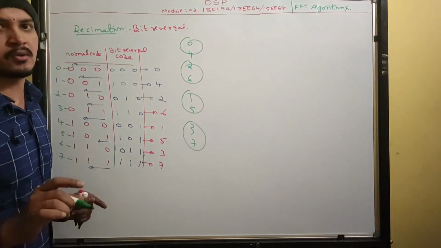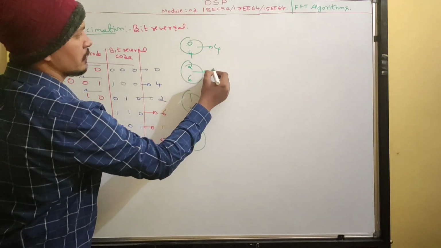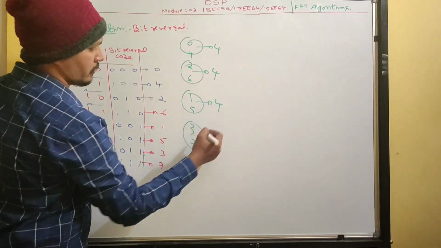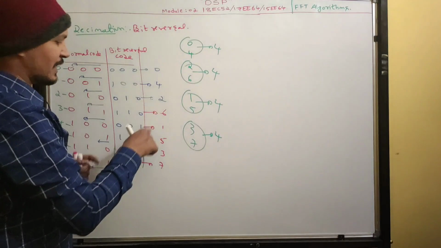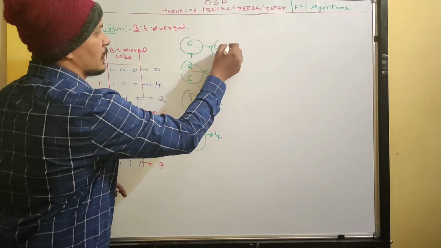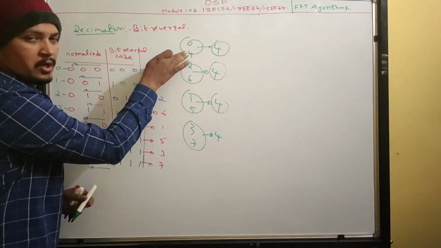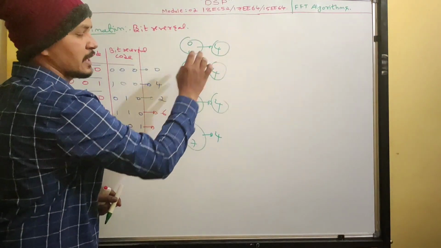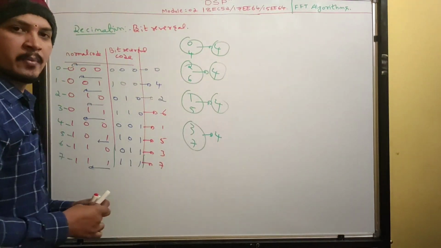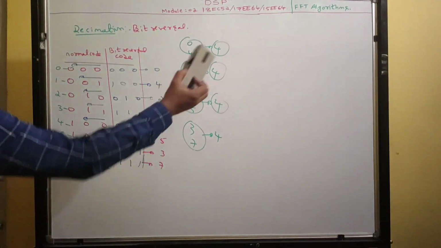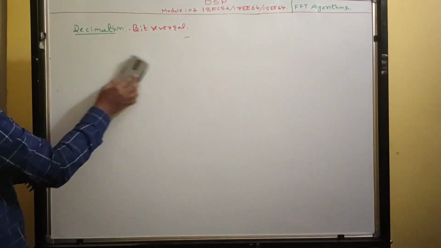If you subtract, you should get 4 only. 4 minus 0 is what? 4. 6 minus 2 is what? 4. 5 minus 1 is what? 4. 7 minus 3 is what? 4. Okay, got it? If you made any mistake, you can identify this. Okay, make two groups. Bottom minus upper one. So the difference should be 4. So this is a way to remember the bit reversal order. Okay, fine. So now pause the video and then copy down.